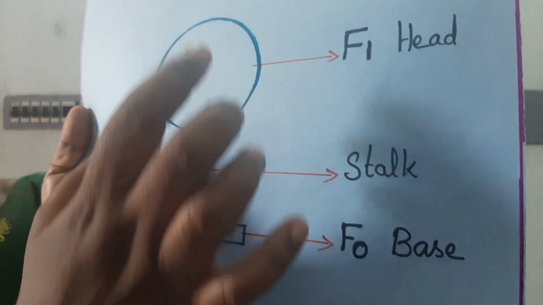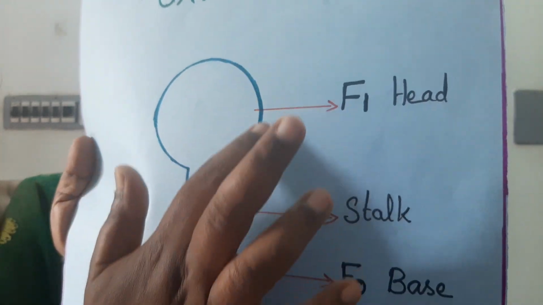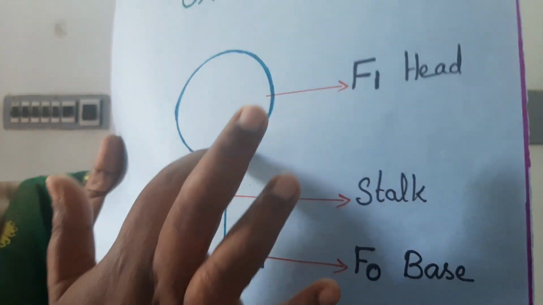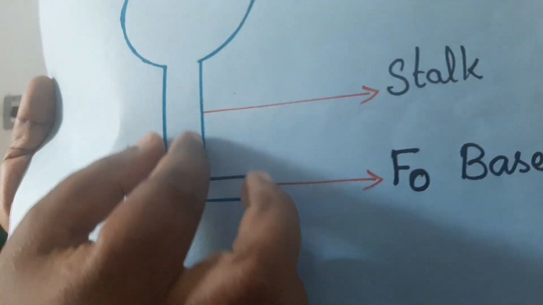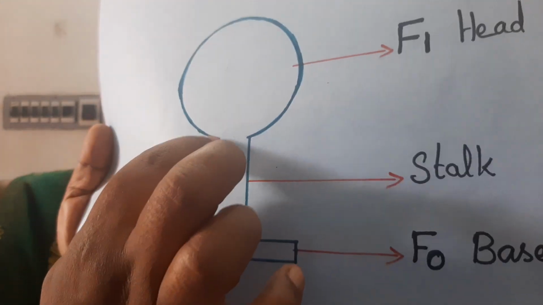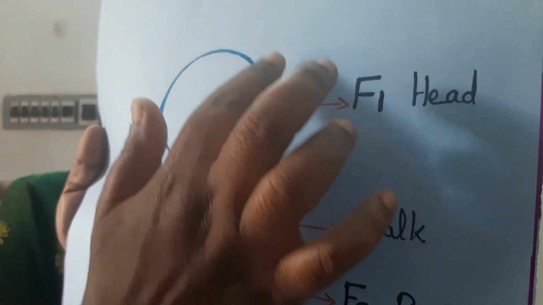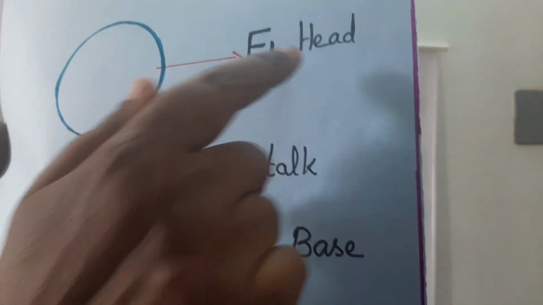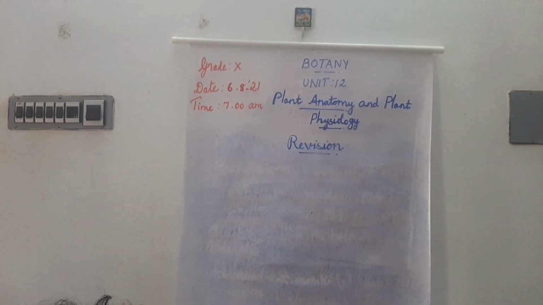Okay. So, very important question. See here, oxysome. While you are drawing this oxysome, neatly you have to draw first one circle. Then see here, the stalk should be very narrow. Okay, it should not be broad. Okay, say stalk and here base. The parts of the oxysome are head, stalk and base. Head, stalk and base. See, this is about oxysome.